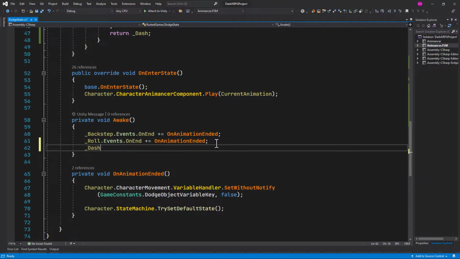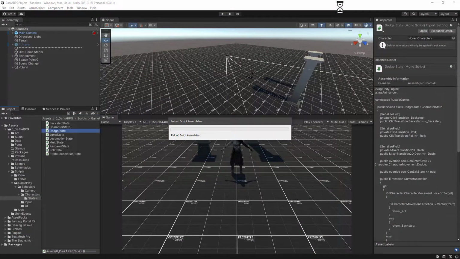So dash events onEnd, on animation end. Okay, so now we are good. Let's go back to Unity,